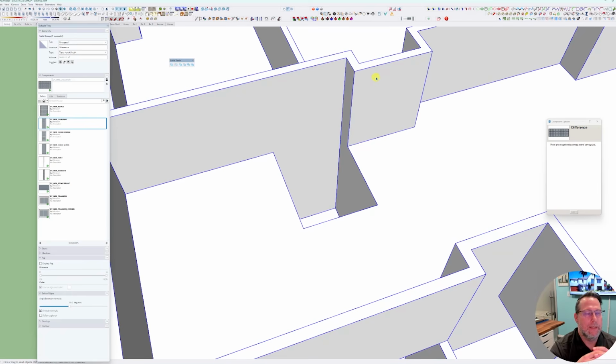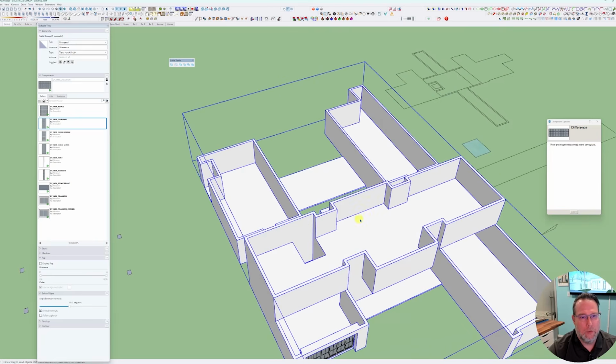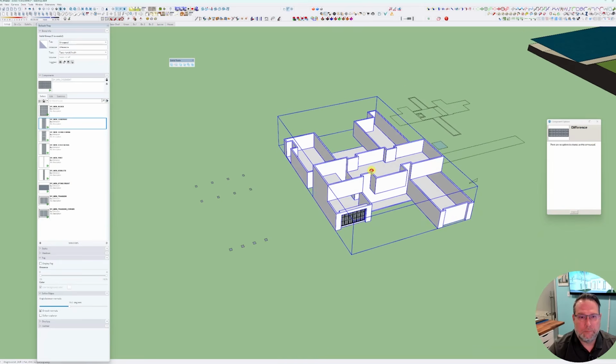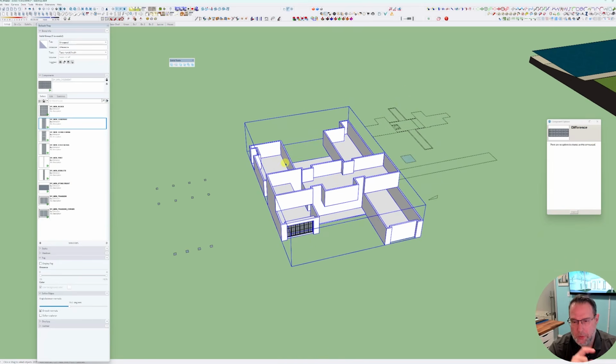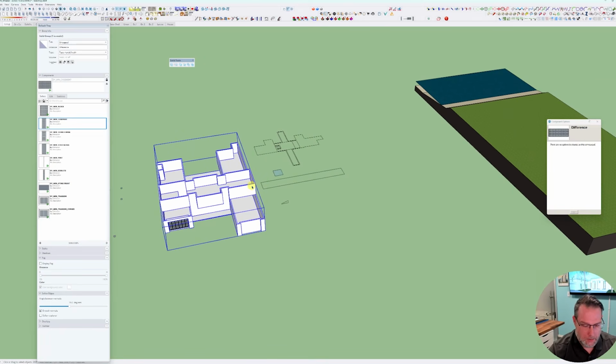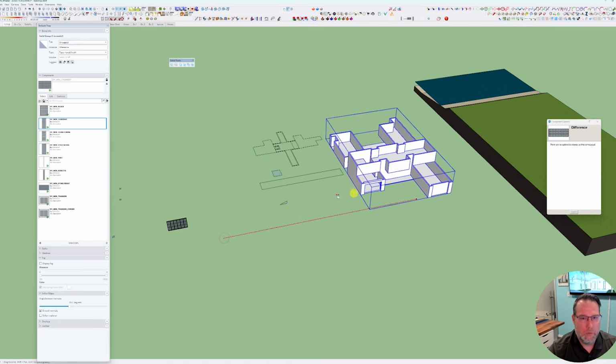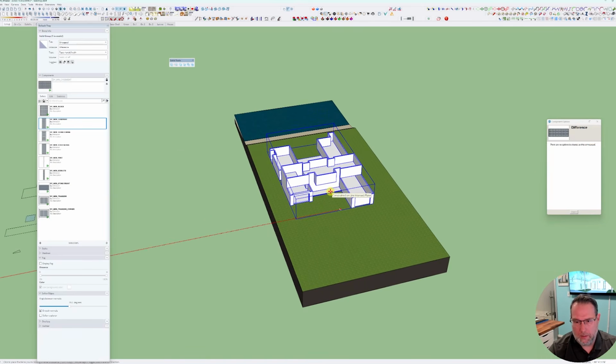So this is how I model. This is the process, and this is why modeling in solids is so important, that I can keep things really nice and clean and uniform. We're going to build a roof, and I'm going to show you how I use solid tools to build a roof, but we're going to do that in just a minute, because first I'm going to move this house over top of